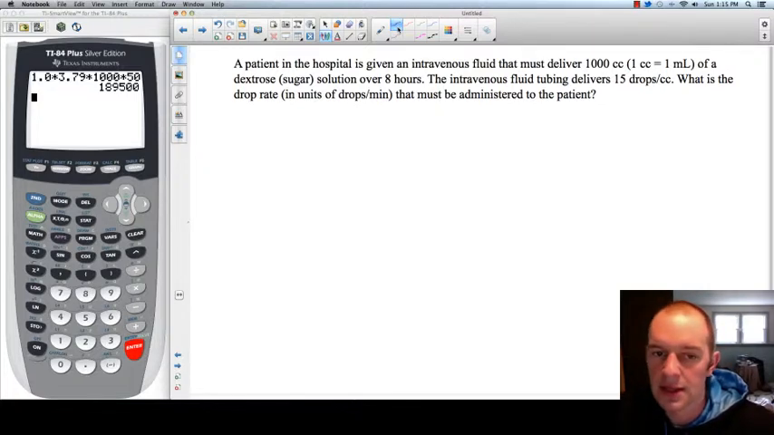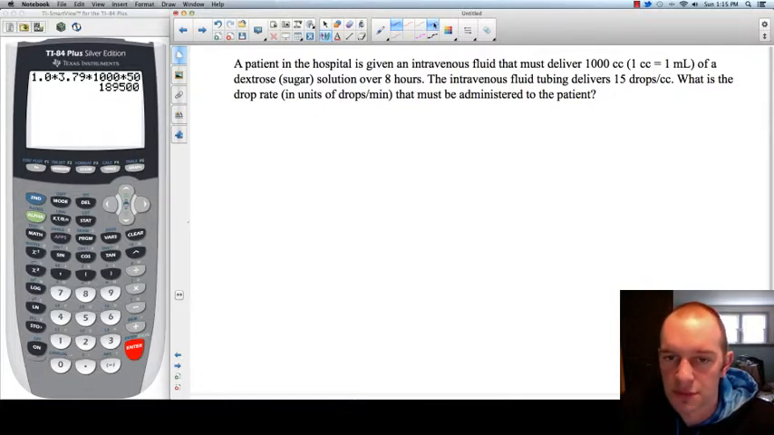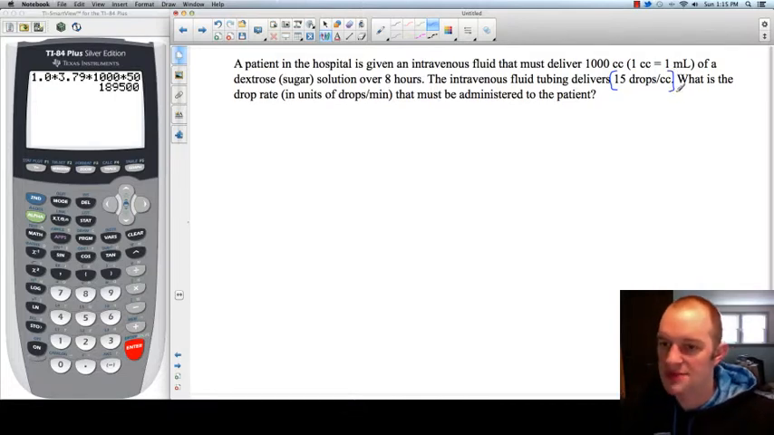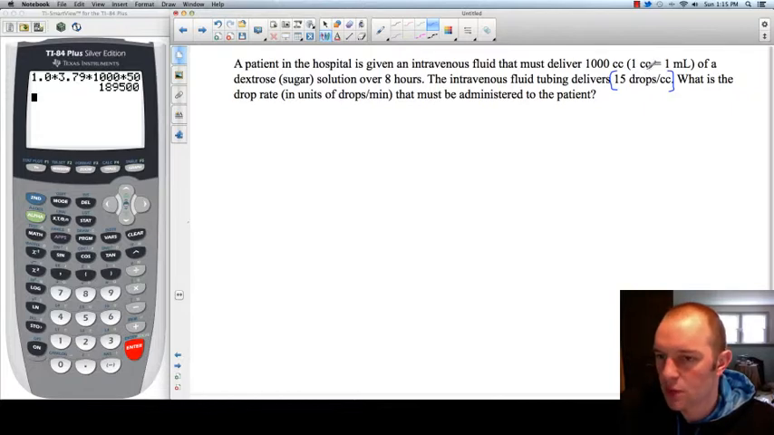What is the drop rate in units of drops per minute that must be administered to the patient? So when we read this question, we've got a few things immediately that stand out. First of all, we can see 15 drops per cc. Okay, that is a rate. You can see that the two units are related to each other. That's important because we might be able to use that, or we will be able to use that as a